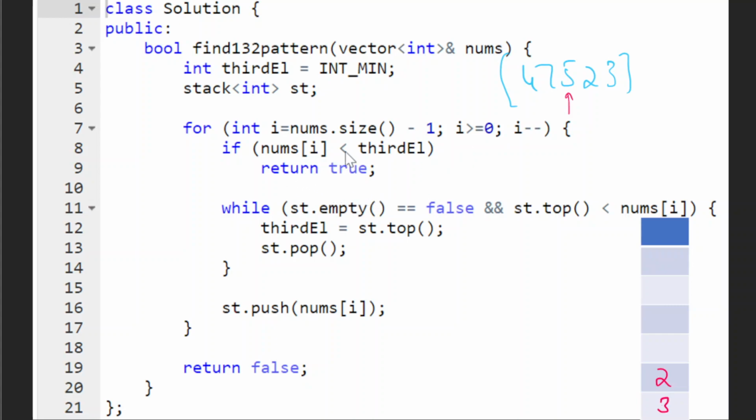And is nums of I, that is 5, smaller than the minimum? No, it's not. So we're going to move to the next part: is the stack empty? No, it's not empty. Yes, the condition is right. And stack dot top is 2, and this is 5. Is it smaller? Yes, now this condition is true. 5 is greater than 2. So we will